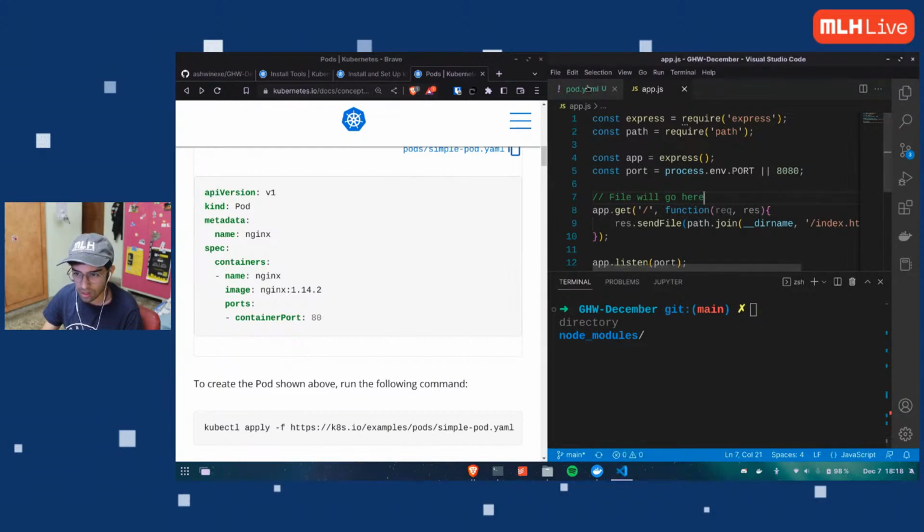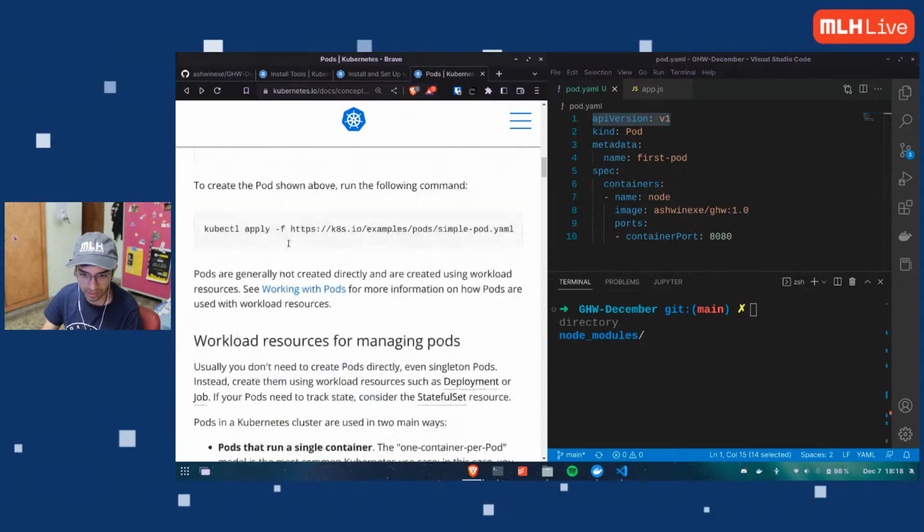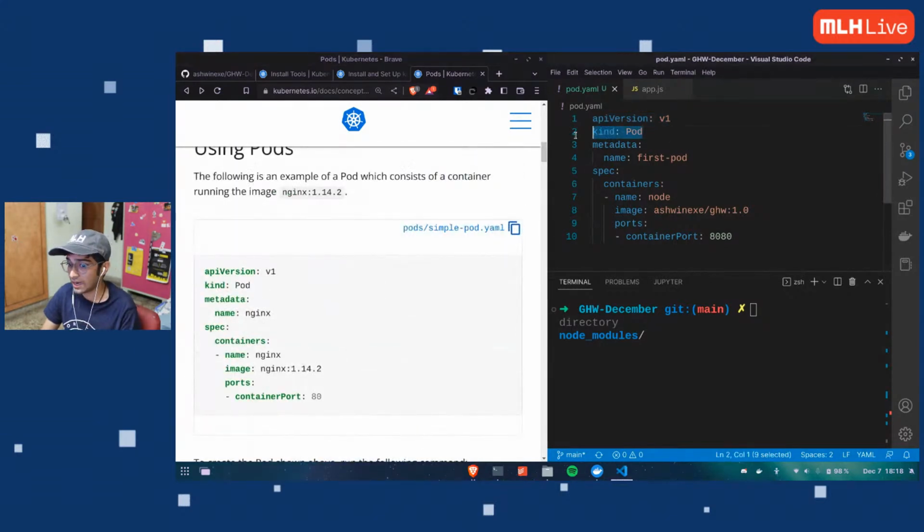Now, this should be enough. 10 lines. The API version of Kubernetes I'm using is the one from the website I'm following along. Kind is pod, metadata. For my reference, it's called first pod. The specification of the containers that I want to run inside this pod is: the name will be node, the image will be GSW 1.0. That's the image that I built yesterday.